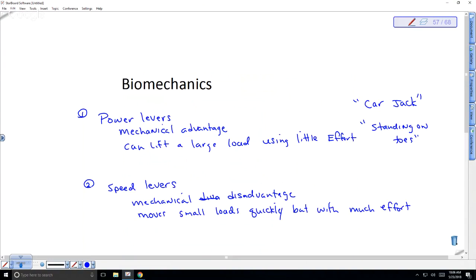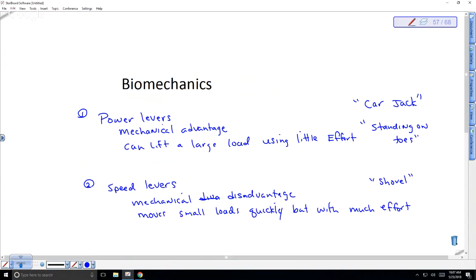An example of a speed lever would be like a shovel. And it always amazes me when I'm shoveling, even if I just pick up a tiny amount of dirt, it seems like it takes a lot of effort, right? It's like, what the heck? And I've had teenagers come over, the wimpiest teenagers, you know, they're really good at math and they're really good at computers, but watching them shovel is so painful, right? Because they just pick up the littlest amount and they just move it just a little bit, right? But speed levers, shovels are not a very well-designed way of moving a lot of dirt. It's better to put the dirt into a wheelbarrow and wheelbarrow it